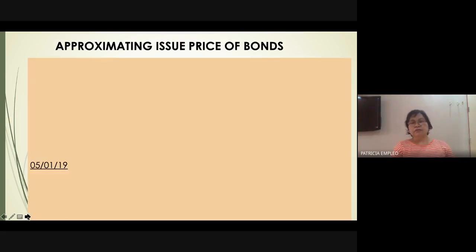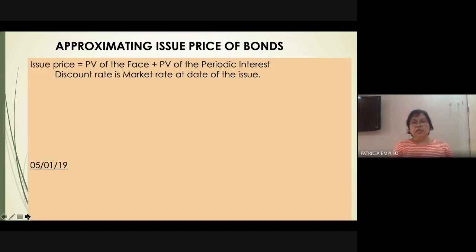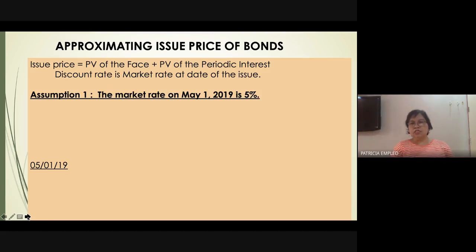Okay, so let us compute. Again, we go back to the basic premise in our example. Our concept is that the issue price of the bonds will be equal to the present value of the face plus the present value of the periodic interest, and the present value will be computed discounting the maturity or the face value and the periodic interest at the market rate at the date of the issue. Again, in assumption 1, the market rate on May 1, 2019, which is the issue date of the bonds, is 5%,